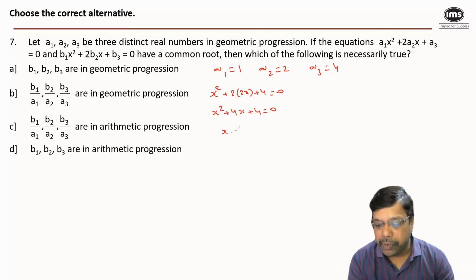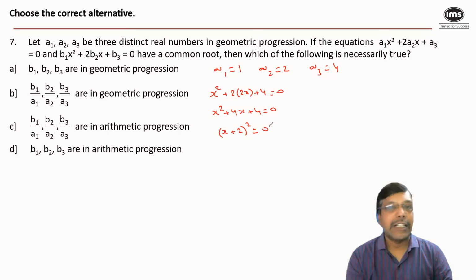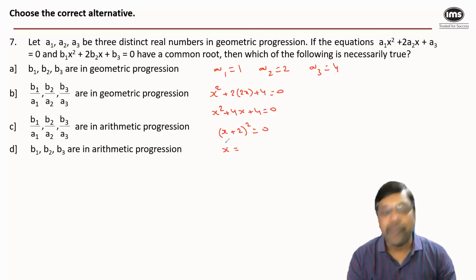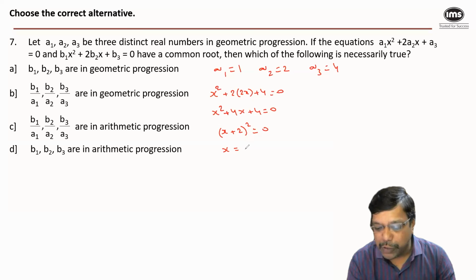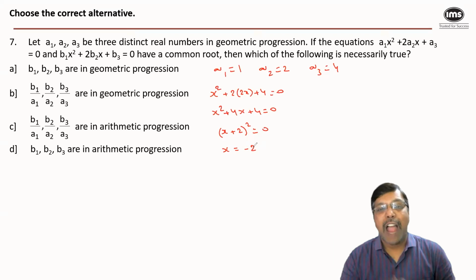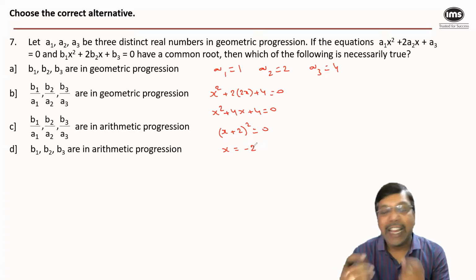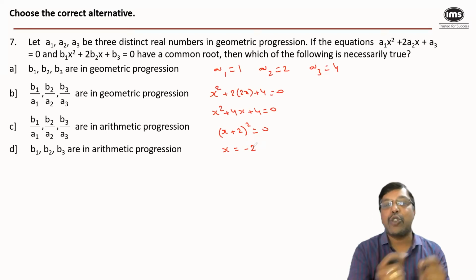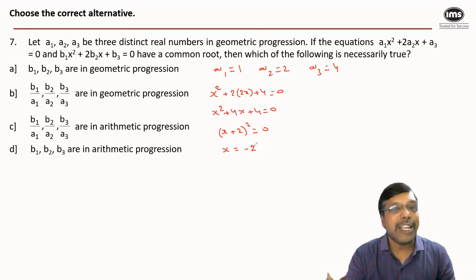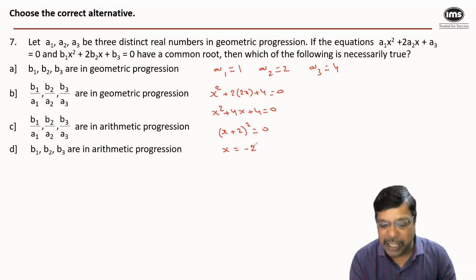which can be written in the form (x plus 2) whole square is equal to 0. Thereby, I get that this is a quadratic equation which has one root repeated twice, which is minus 2. Now, if the given two equations have a common root, and since the first equation has only one root, it means this one has to be the common root for both equations. So substituting x is equal to minus 2 in the second equation, we get